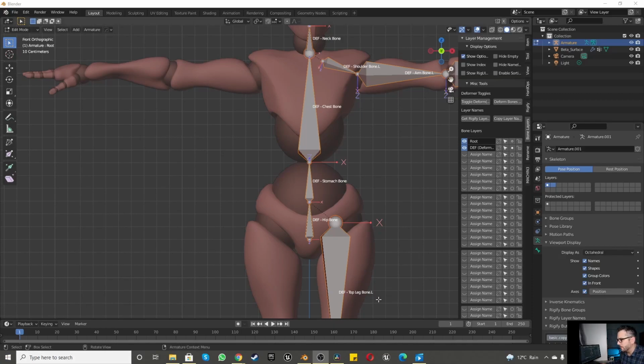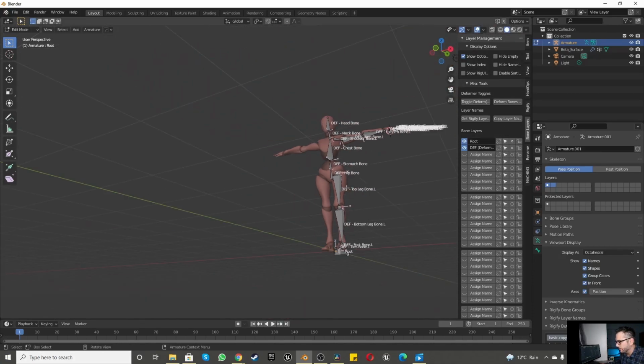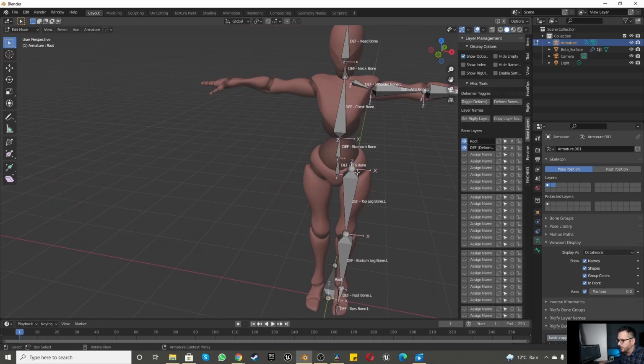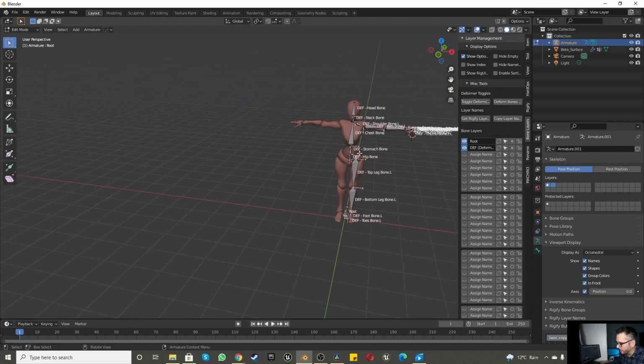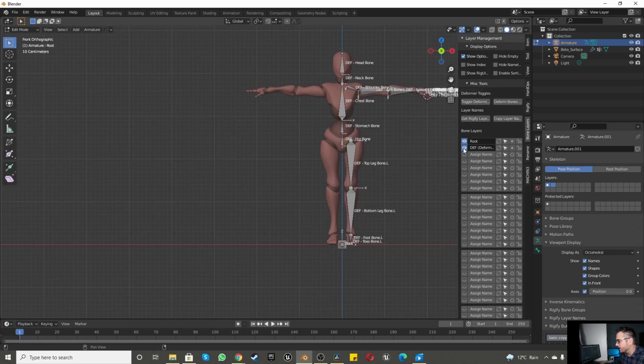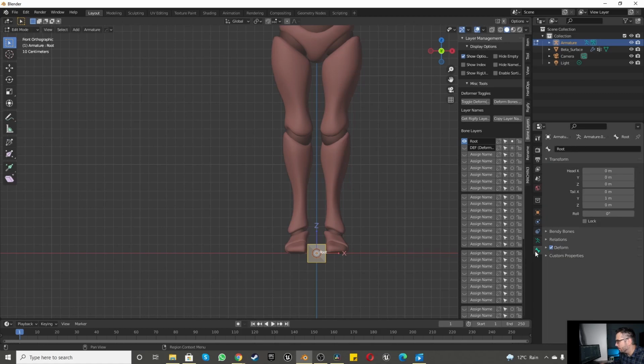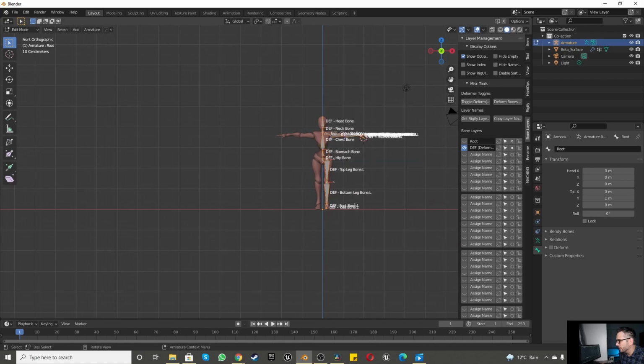Alright, so the next thing we want to do is make sure that the deformation bones are deformation bones and the root bone is not a deformation bone. And because we've organized things quite nicely over here, let's first select the root bone, and we're going to click on the bone properties, and we're going to make sure that this is not selected so that it doesn't deform. Then we're going to click over here, hide the root, and for the deformation bones, bone selected, I'm going to press,